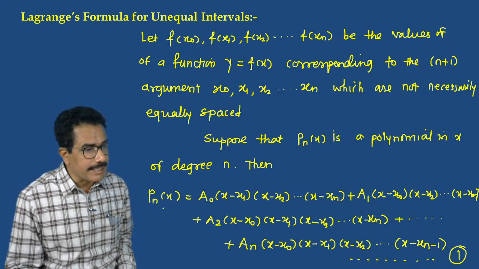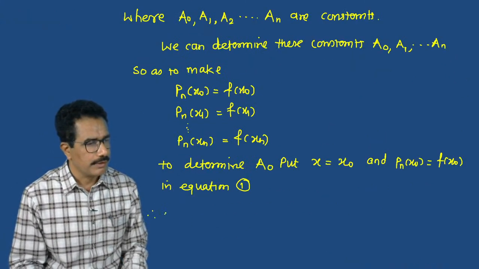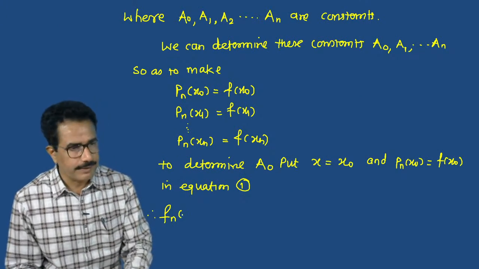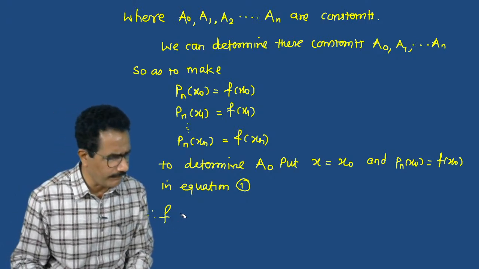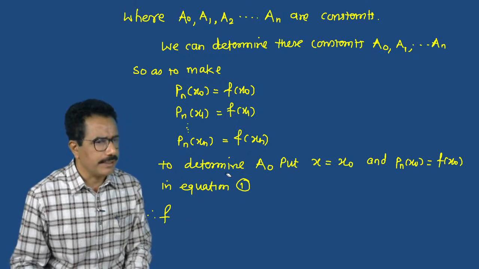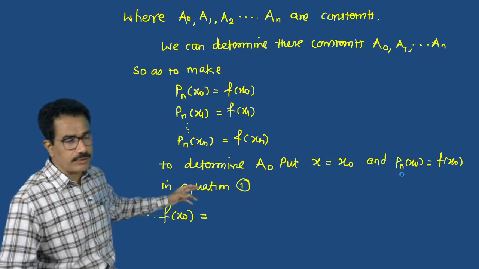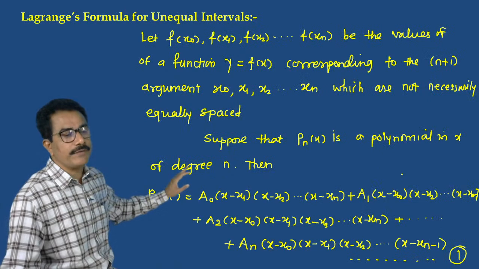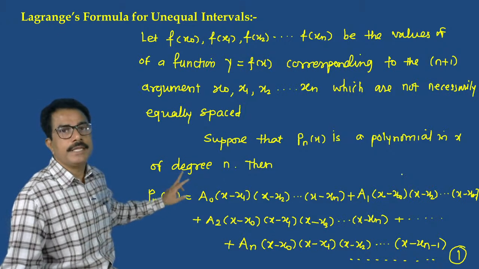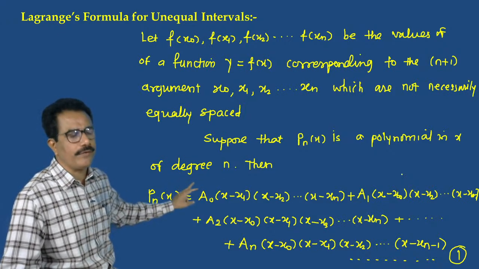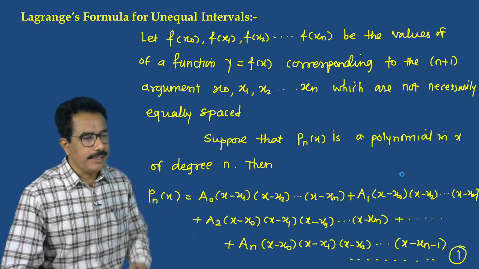Pn of x च्या जागी Pn of x0 लेफ्ट साइडला ठेवा. Therefore f of x0 लिहा. Fn लिहायची गरजच नाहीये. f of x0. Pn of x0 आहे ना, तिथं f of x0 म्हणजे लेफ्ट साइड पहा. Pn of x in place of x to find the value of a0, put x is equals to x0, that is Pn of x0 means f of x0. So f of x0 is equals to a0 into, आता काय राहतं पहा, a0 into